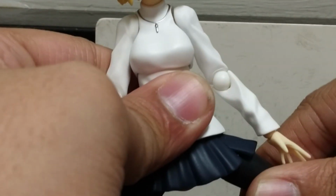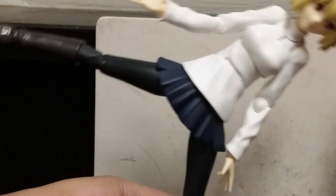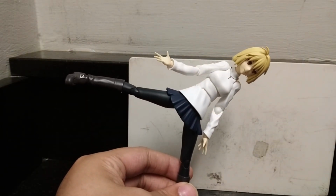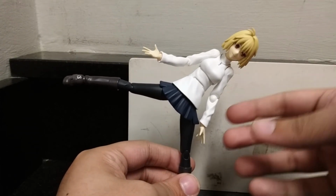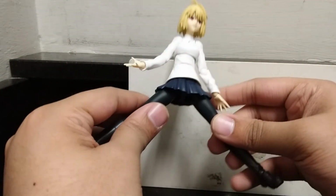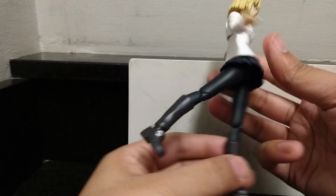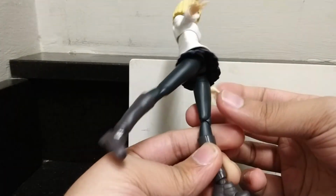You can stretch it a little bit, and you get this mostly, which is kind of okay. You kind of get a kick out of it, so it's okay, but not as good as it could be. And can it kick back? Why, yes. She actually can kick back because the butt can flex a little bit to give her more range,